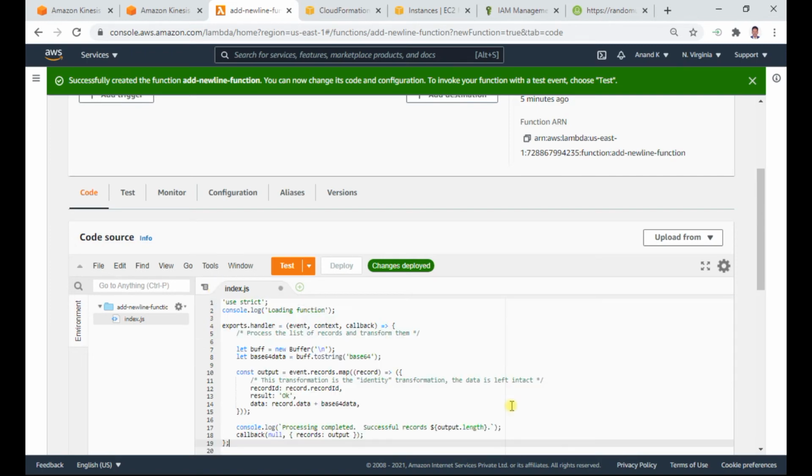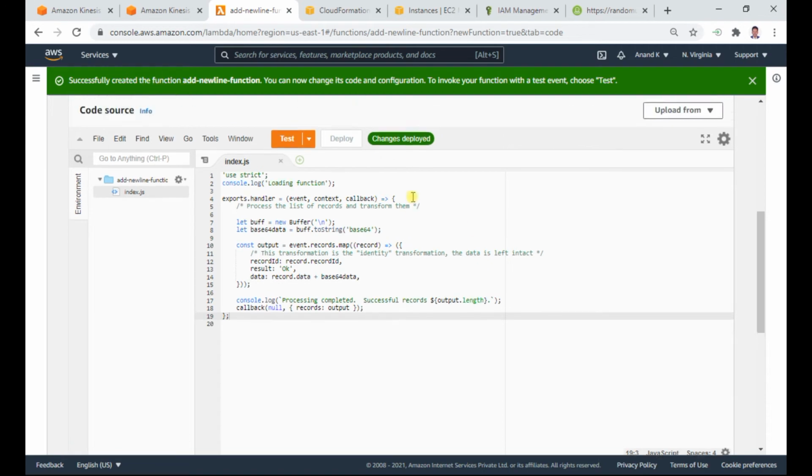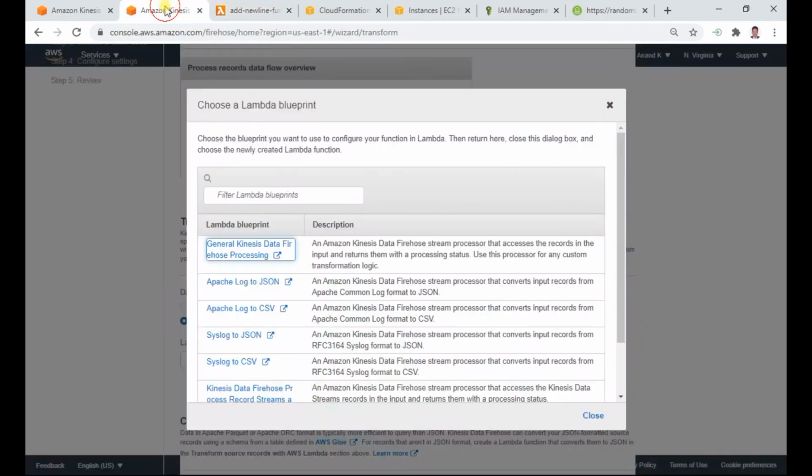Paste it and save. Once the code is done, just say deploy. Okay, it is saved. Now the function is successfully created. Once this is done, we are again back to